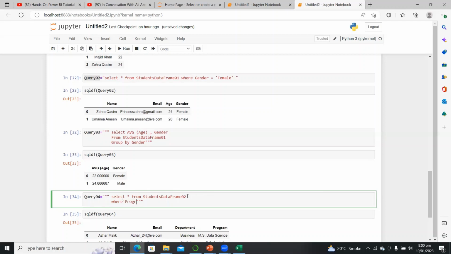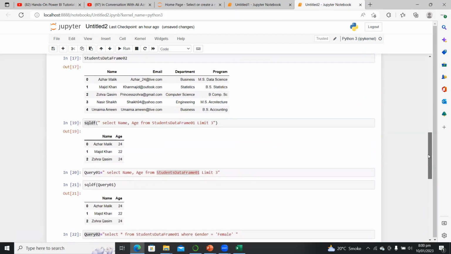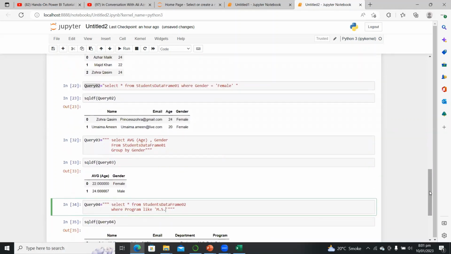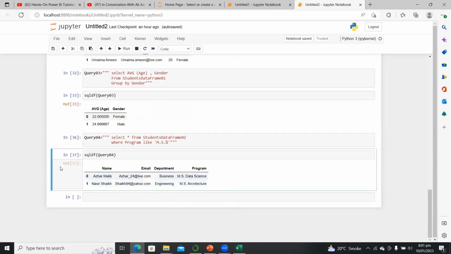So its program like, and inside I will say I need the students who are enrolled in MS program, so I will say MS percentage and run this. The query is defined. Let's run this query and see what I have. So I have performed filtering based on program